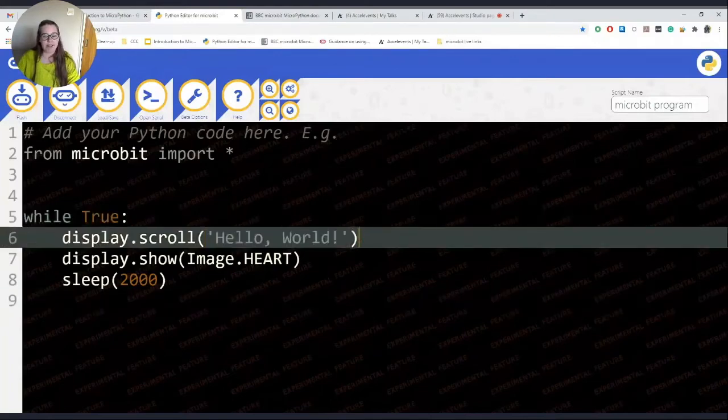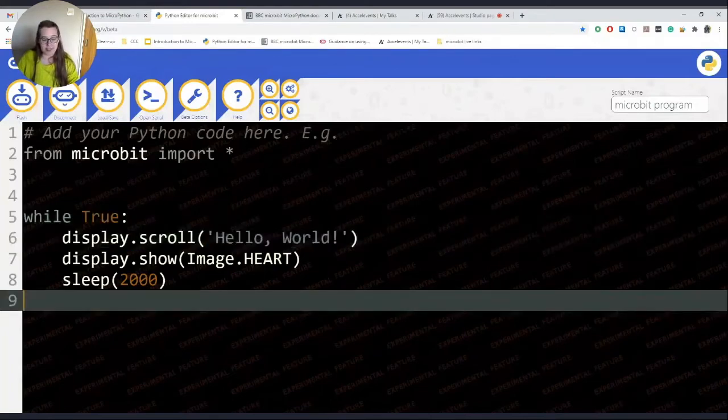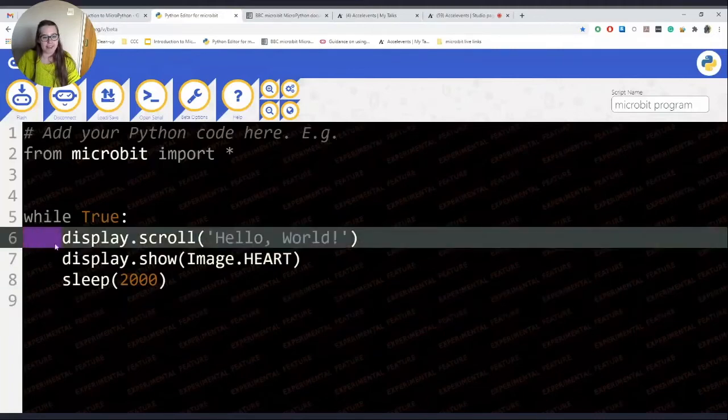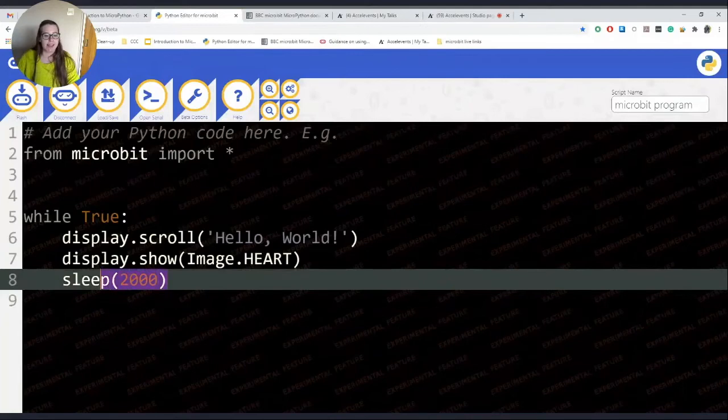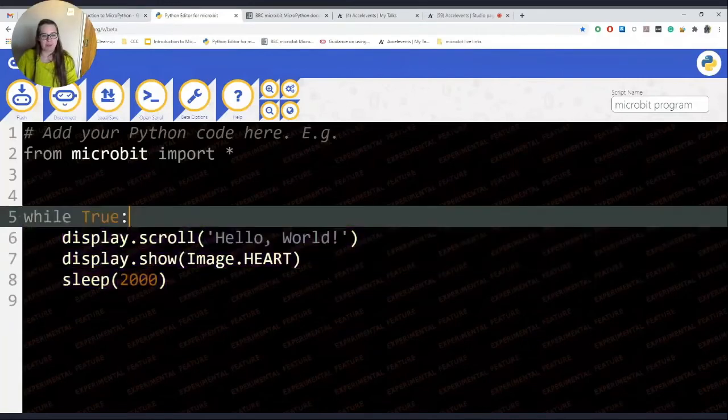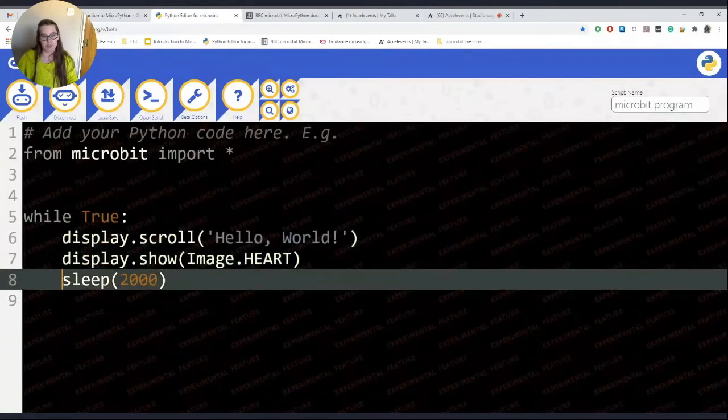Colons, brackets, speech marks or apostrophes, all of that syntax is very important in Python, in all text-based coding. And we also have here this indentation. So this is one tab space on your keyboard or 4 spacebar spaces. The way I describe this to young people is usually to compare it to Scratch or to MakeCode. So I say you would slot a block inside a block, inside a loop, and we're sort of slotting this inside our forever loop by putting this indentation in front of it. So it means that this will happen forever.